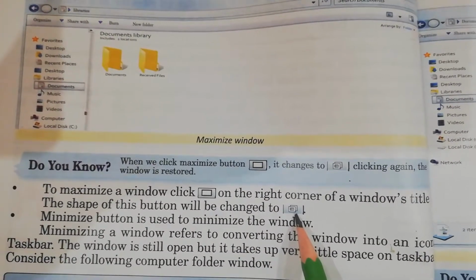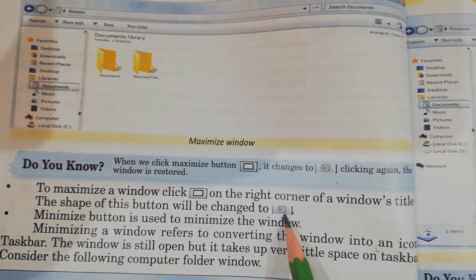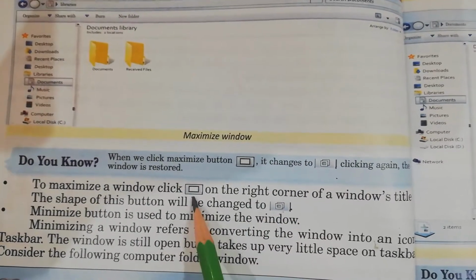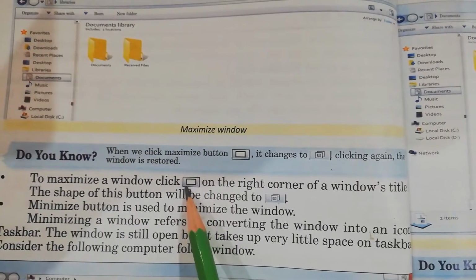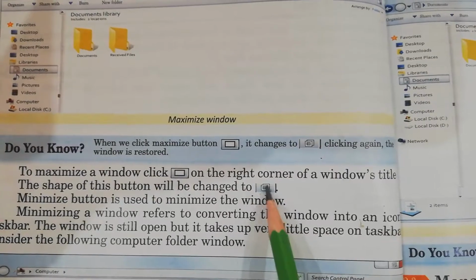Using the restore button, often you can get this effect by clicking the same button you used to maximize the window, or by double clicking the title bar. If you single click the window, it will show a single square. If you double click it, this square will be shown in double.